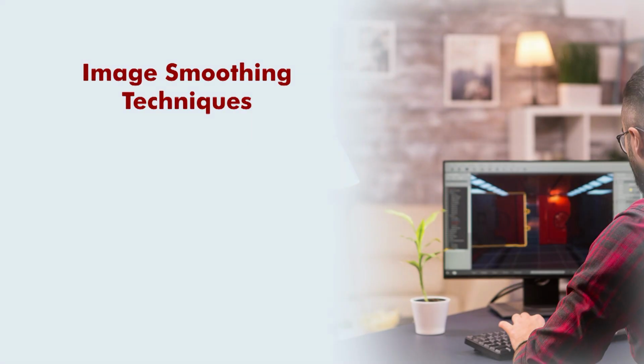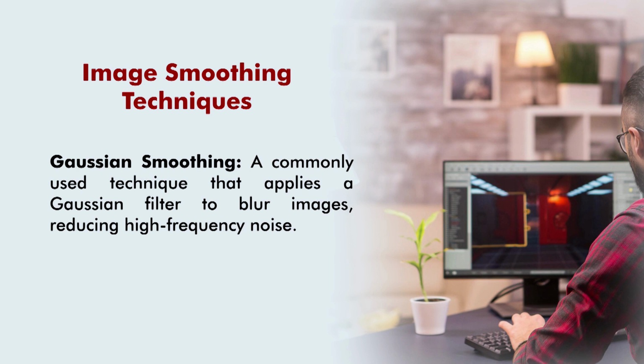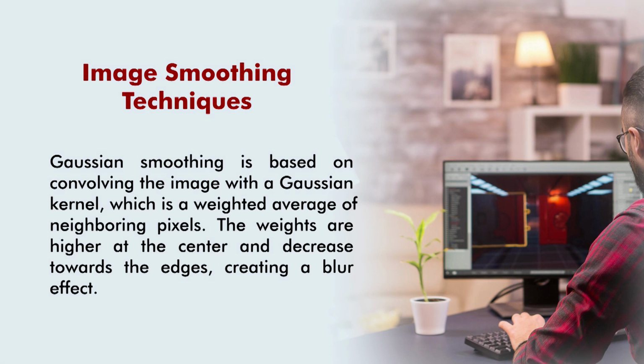Image smoothing techniques like Gaussian smoothing. This is a commonly used technique that applies a Gaussian filter to blur images, reducing high frequency noise. Gaussian smoothing is based on convolving the image with a Gaussian kernel, which is a weighted average of neighboring pixels. The weights are higher at the center and decrease towards the edges, creating a blur effect. Here is an example of Gaussian smoothing applied to an image. First of all, we have to insert the image and compare the original image and the smooth